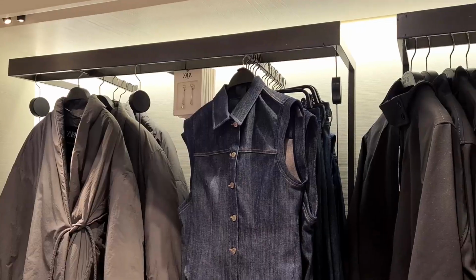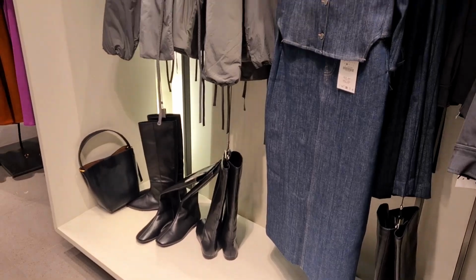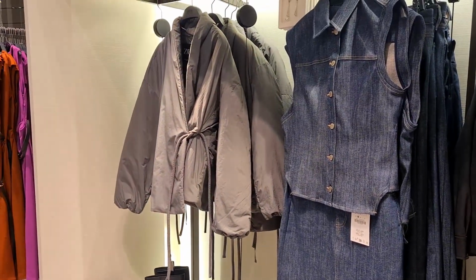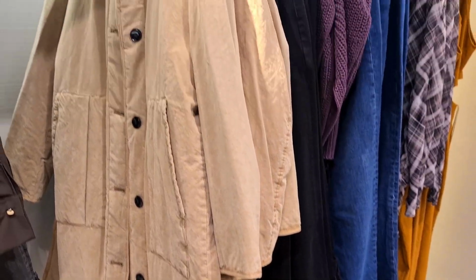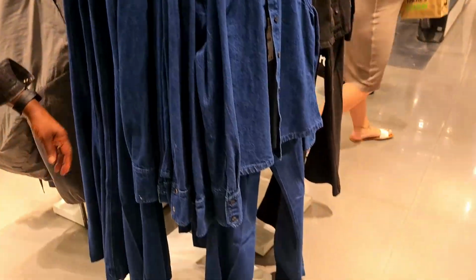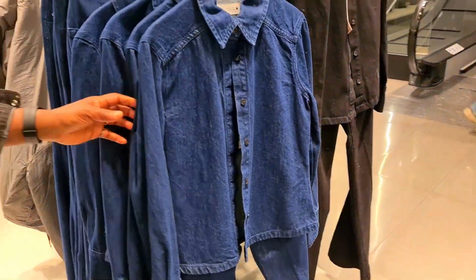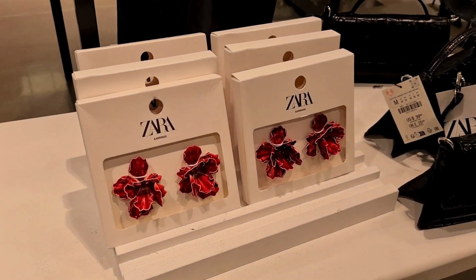The Zara in the Trafford Centre is hands down the best Zara in terms of selection. Maybe I'm just biased, but I just felt like they had so much more cooler things. Like the jackets were different. Just the selection was much better than what we get in London, at least from the Zara shops that I've been to. They obviously had some of the same stuff, like the denim, like these earrings, which by the way,